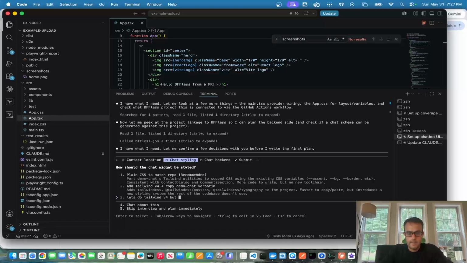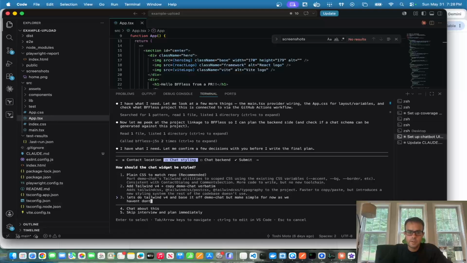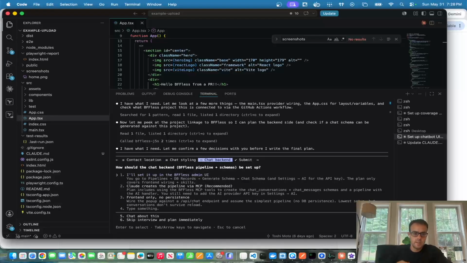v4, and base it off the demo chat, but make it unique. Actually, yeah, make it simple for now, as we haven't done any style yet, and I don't want to make any design decisions at this point. I just want it simple. We'll style stuff later if I actually come up with some design. I'll add it to the